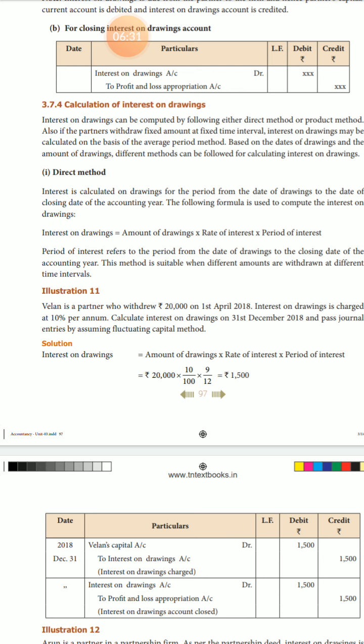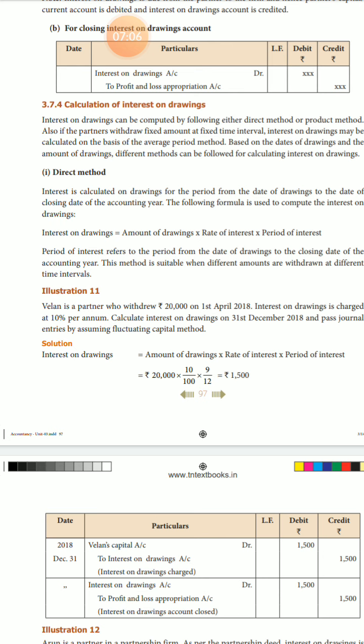Interest on drawing account is debited. Interest means, if you withdraw 20,000 or 50,000 from a bank, the government pays some interest at 10%, 5% or 2%. Is that an expense or income for you? Expense only. Profit and loss account is credited. Interest on drawing account is closed. When a journal entry is needed, you must compulsorily write the accountancy note in the journal entry.